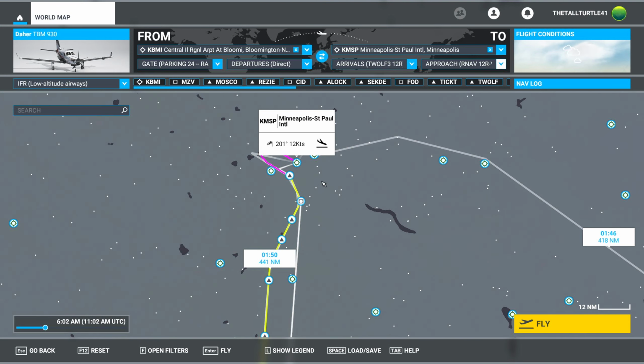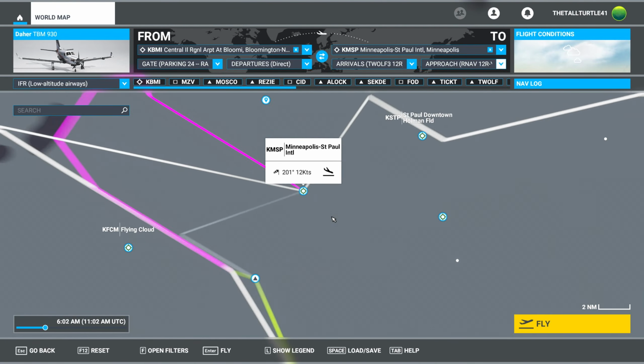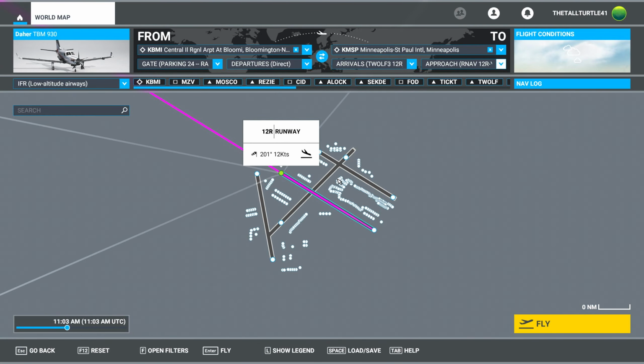Now the weather, 201 degrees. So if we take away the two options, for arrivals, they only use the twins here. Sometimes they'll use 22 to land, but not usually unless they have to. They don't use 17 to land unless they have to, but they will take off. So if they're using 12 left and right to arrive, they'll actually use 17 to depart. It's kind of cool. But anyway, we're going to use 12 right because that's my favorite one, and the weather